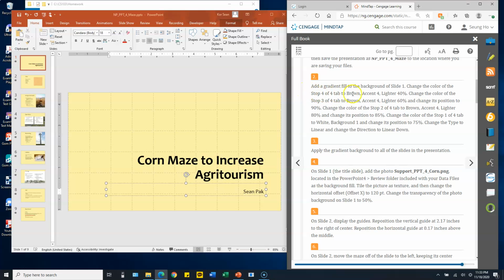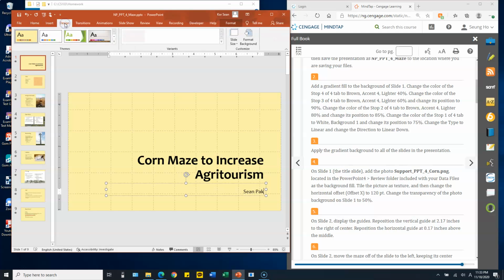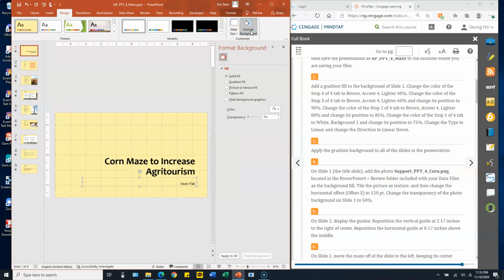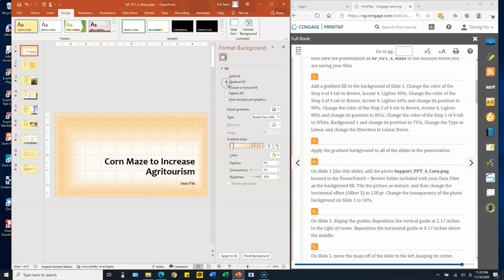Add a gradient fill to the background. So click the Design tab and then Format Background. Okay, Format Background. So from this one, we will change the background using Gradient Fill. So click Gradient Fill